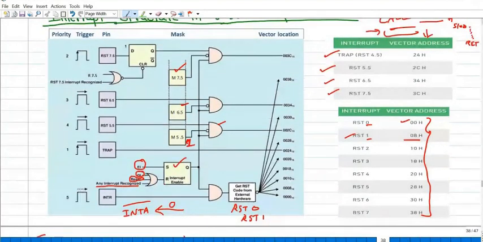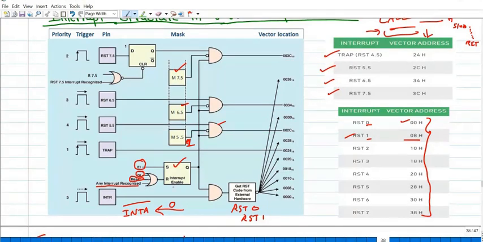Okay, we shall recall quickly about the previous class. The entire interrupts are controlled by the interrupt flip-flop inside the microprocessor. If the interrupt enable flip-flop is set, then all the interrupts will be enabled. If the interrupt flip-flop is reset, all the interrupts will be disabled except TRAP. So TRAP interrupt has the highest priority, and particularly this TRAP is used for critical events such as power failure and emergency shut-off situations.